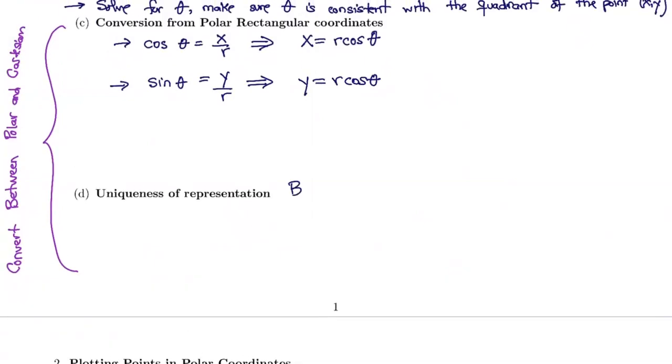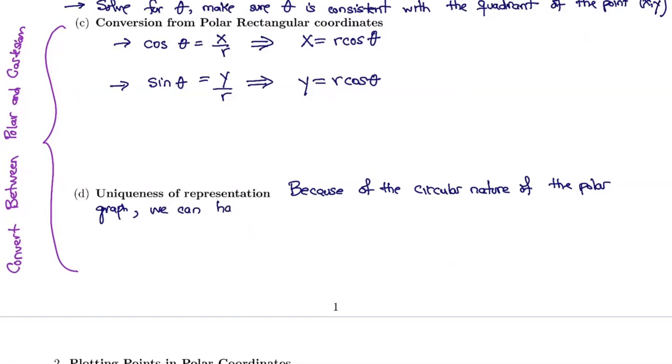Because of the circular nature of the polar graph, we can have several different polar descriptions of the same location,